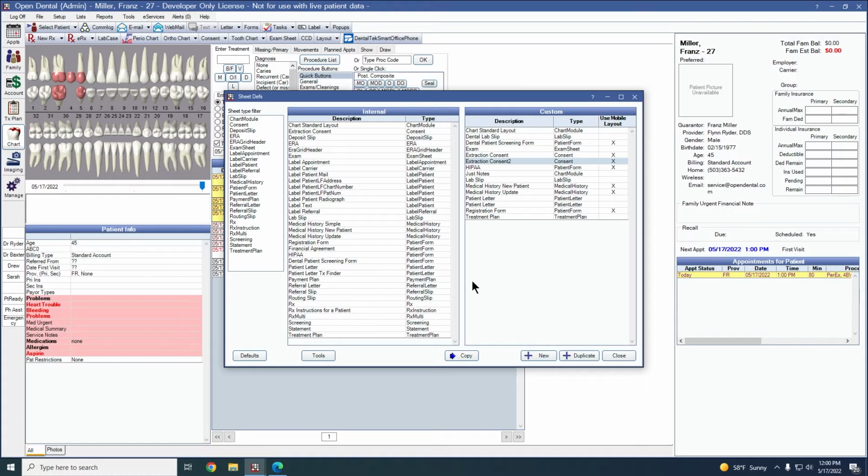Before using a sheet for your patient, verify that it contains information relevant to your practice. Double-click to view any sheet in the Custom section. You'll start by choosing one of three options: